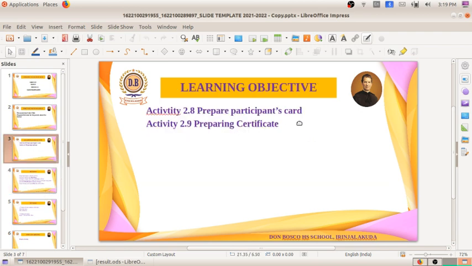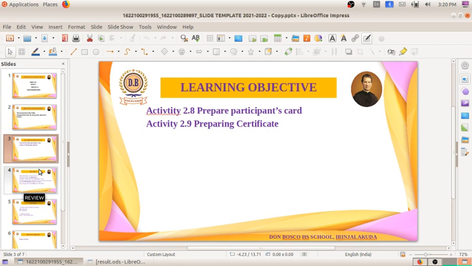We have prepared the participants card and we have prepared the certificate also. In the last session we prepared the invitation card also. So now we will summarize all the things we have discussed in the chapter. The first thing we discussed is how we created an attractive document, by using different styles. Before that we studied clone formatting also, but there is a drawback to clone formatting, so we use style formatting, and we studied how to define headings, subheadings and paragraphs using different styles.